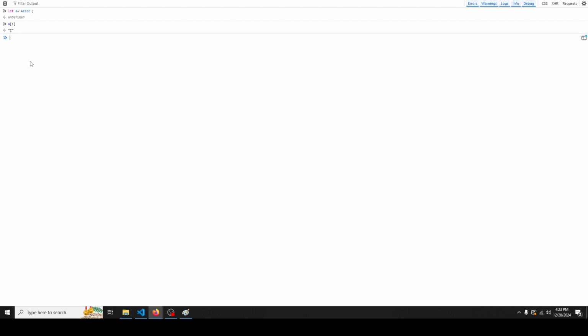So it's getting the z. In JavaScript the index starts from 0 to n minus 1. So if I want to access the first element, it's going to be 0, but I don't have the array functions like push or splice. So if I try to do a dot push,